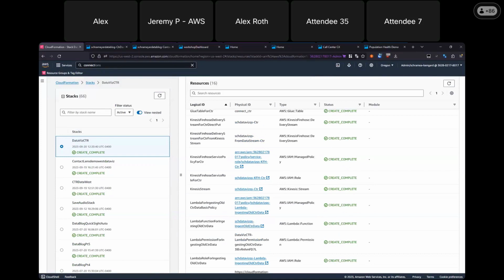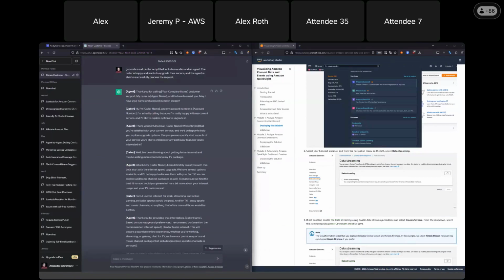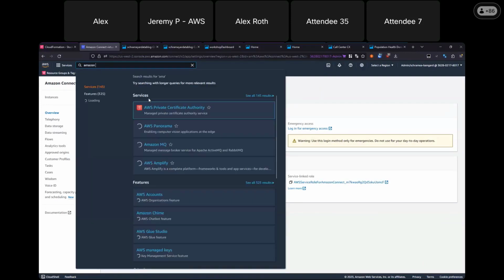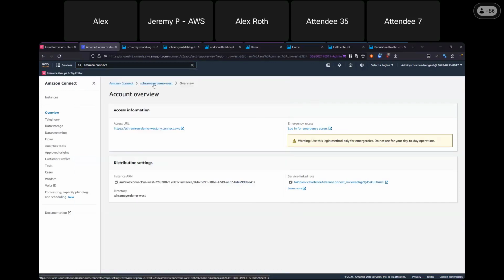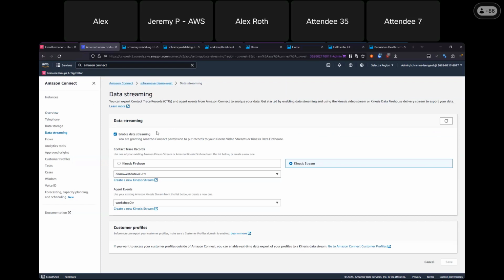The next step to configure your Amazon Connect instance to be able to use the assets that were created is going to be by going to the console. Within the Amazon Connect console, you can get there by searching in the search bar for Amazon Connect. Once you navigate to Amazon Connect, you'll select the instance that you want to use. In this case, I'm using mine that's titled Demo West. You're going to want to navigate to data streaming. And in your instance, if you don't have data streaming enabled, you'll want to enable it. And then you should be able to find